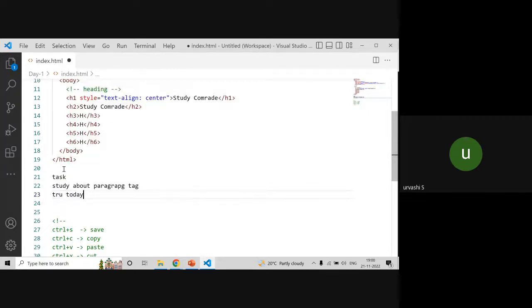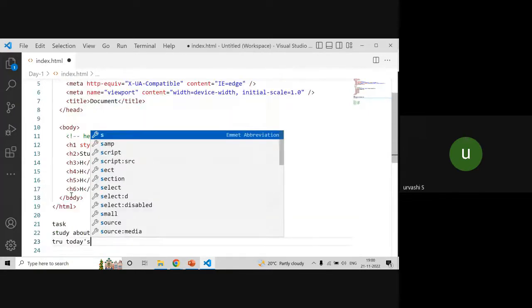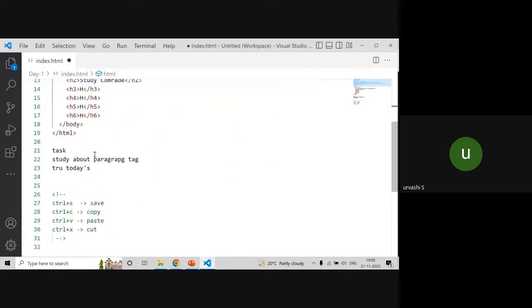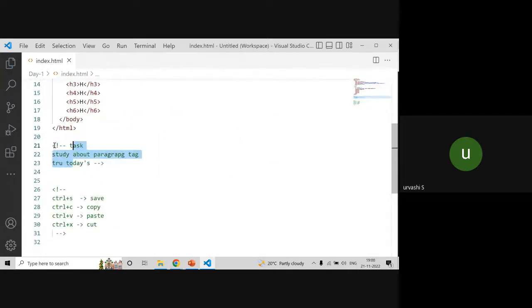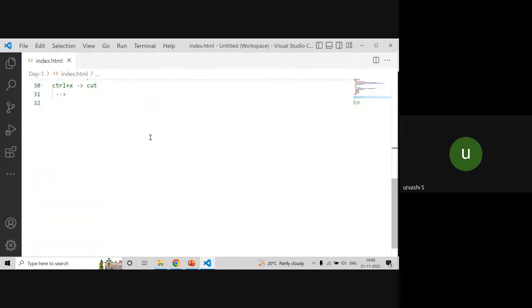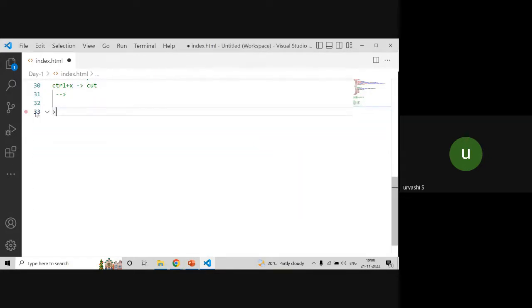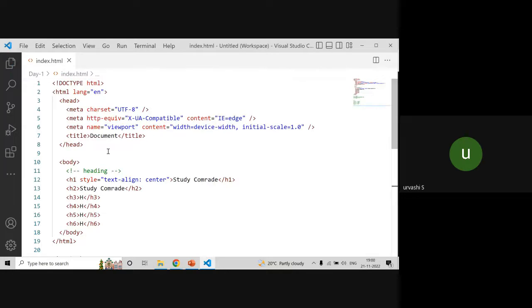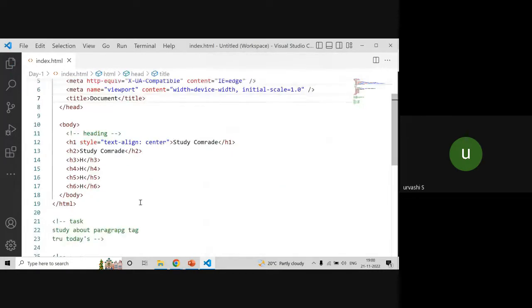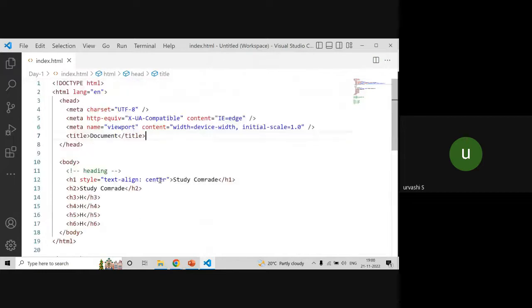And guys, please don't worry about this structure. This structure I will explain tomorrow. But today, just focus on this part. That's why I asked you to create a structure like this. Tomorrow, I will manually create it and show you every line. So for today, you can just practice what we did in the class.